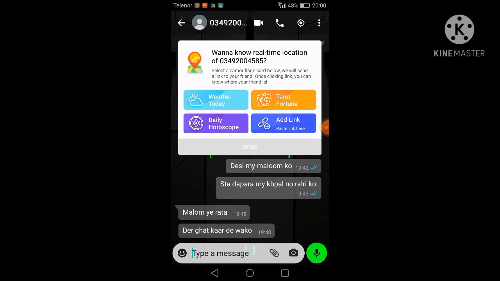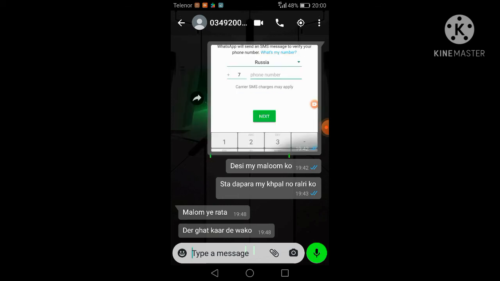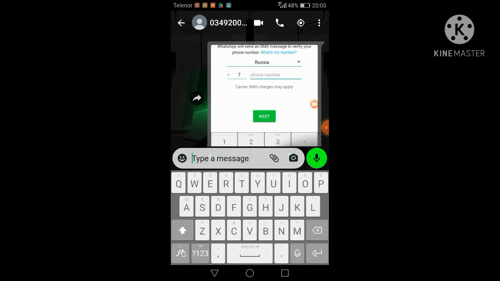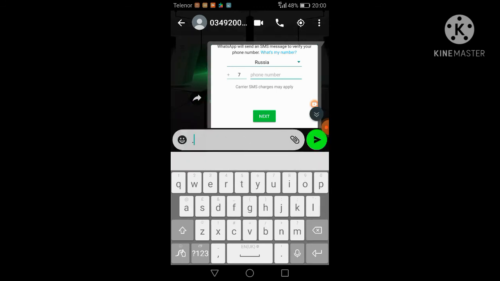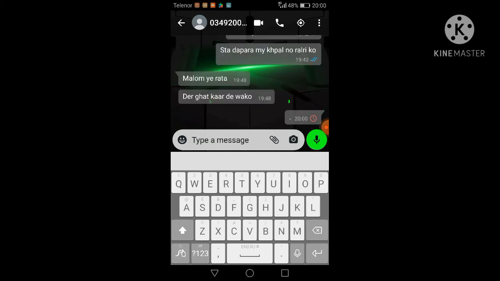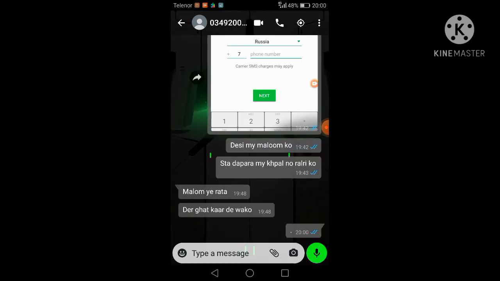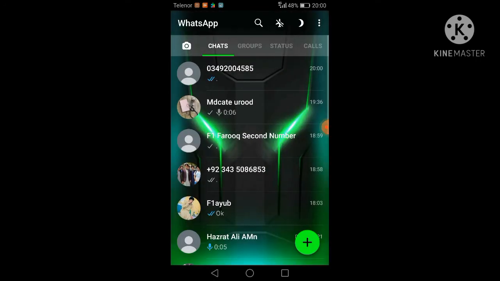You can add a link of a video, a link of anything. You have to paste that link here and just send it. When you send it, this link will go to that person. When that person clicks on your link, you will be informed of that person's location.